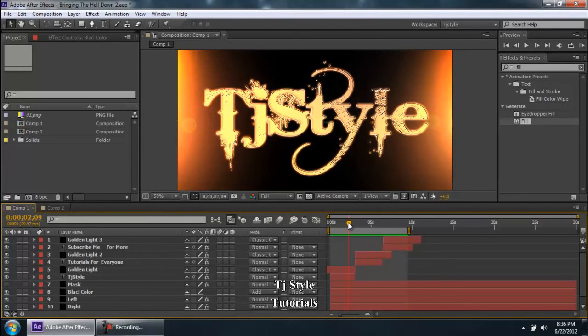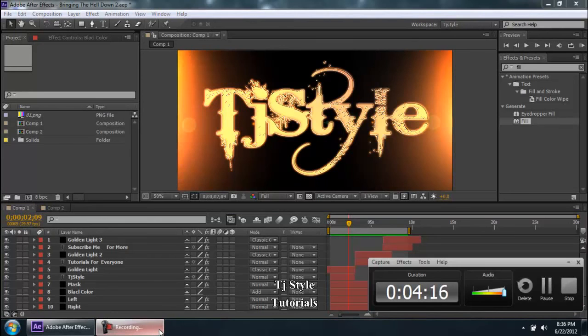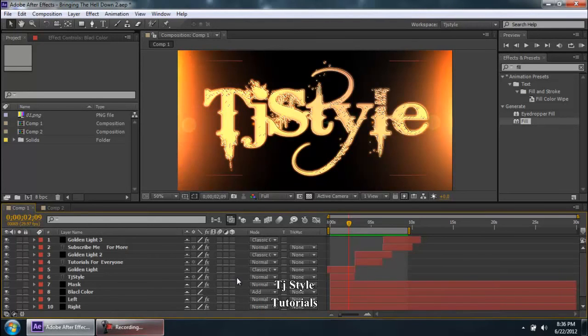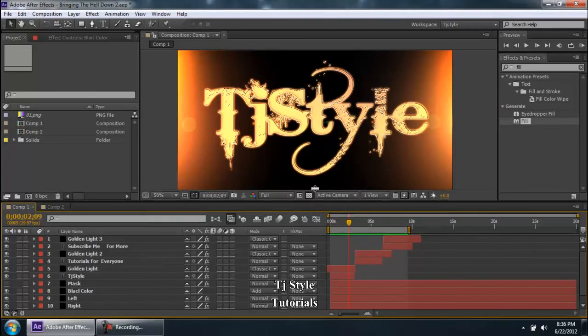The second thing is, when I am explaining the timeline to my students, I always split the timeline into two parts. The first is the left hand side part, and the second is the right hand side part. Now the left hand side part is supposed to be the place